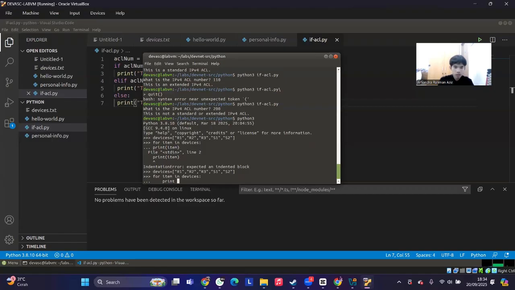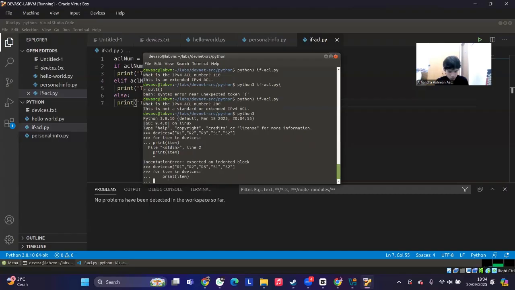Print item. Where is it? Oh, enter again.